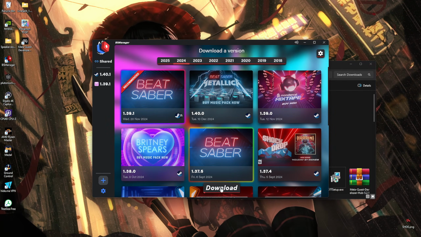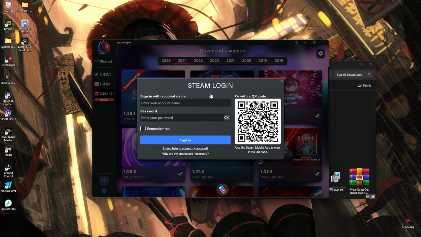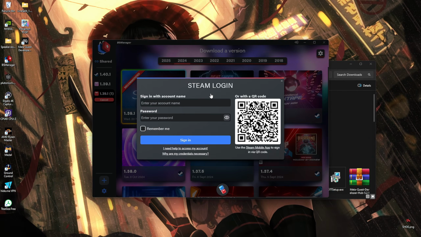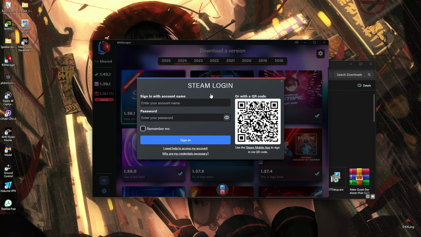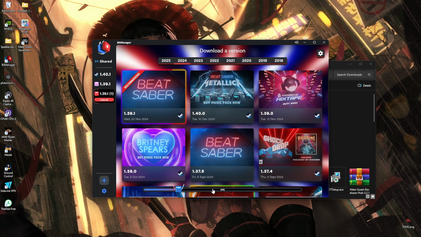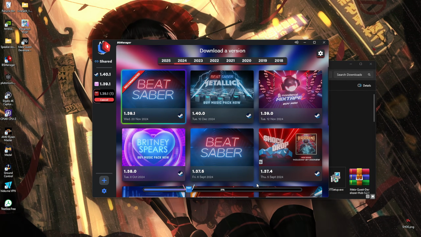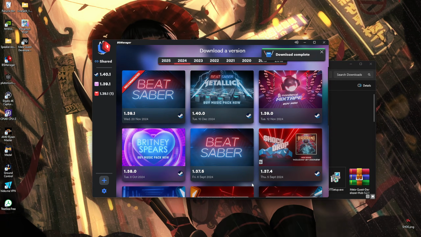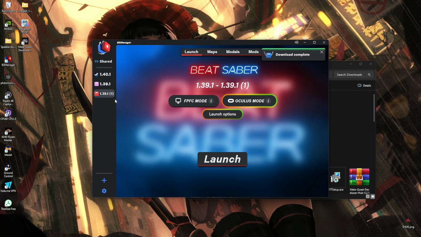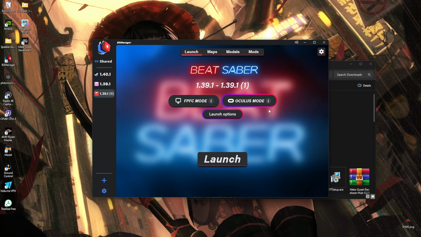So when you click on it, click download, and then it'll pop up with you needing to log in to either your Steam or Oculus again. So we'll start downloading Beat Saber with this progress bar at the bottom, and I'll come back to you once it's done. Alright, now that it's done, you'll want to click on your newly installed Beat Saber,